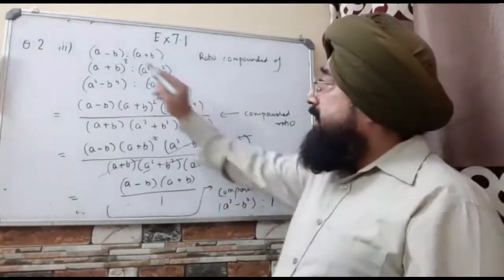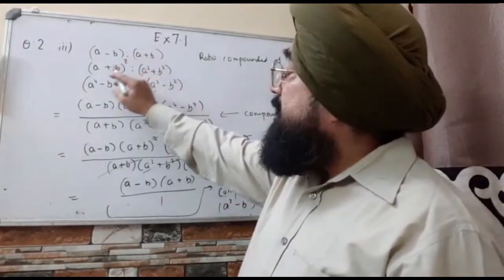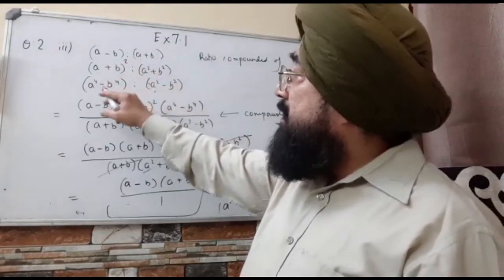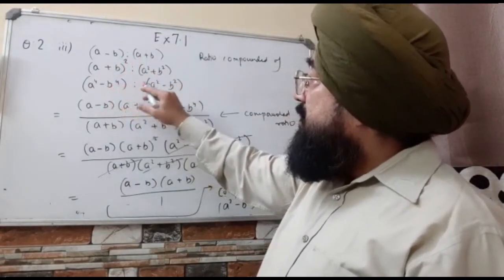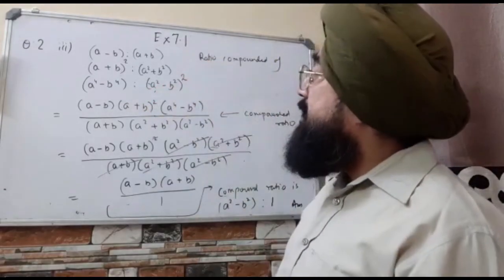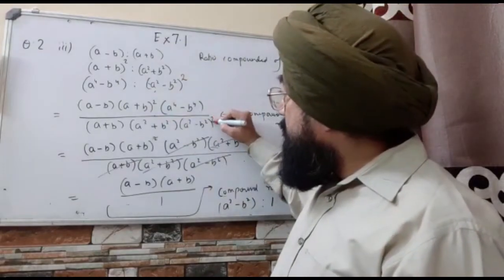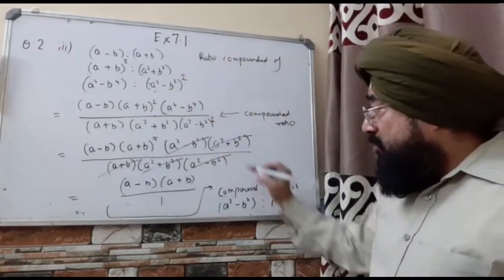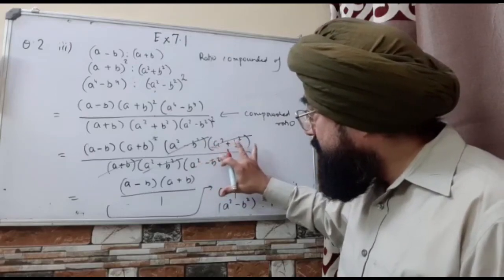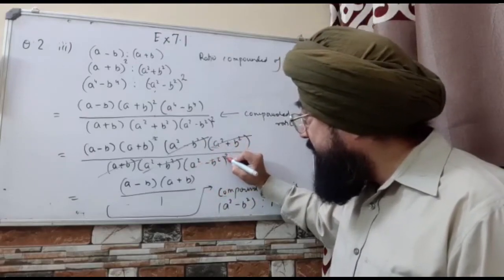तो ये क्वेश्चन क्या है, a माइनस b इज टू a प्लस b, a प्लस b का स्क्वायर इज टू a स्क्वायर माइनस b स्क्वायर एंड a की पावर 4 माइनस b की पावर 4 इज टू a स्क्वायर माइनस b स्क्वायर का स्क्वायर लगा हुआ है एक्चुअली। तो ये देखो स्क्वायर लगा हुआ है एक्चुअली में। तो देखो इसकी पावर जब 2 है,